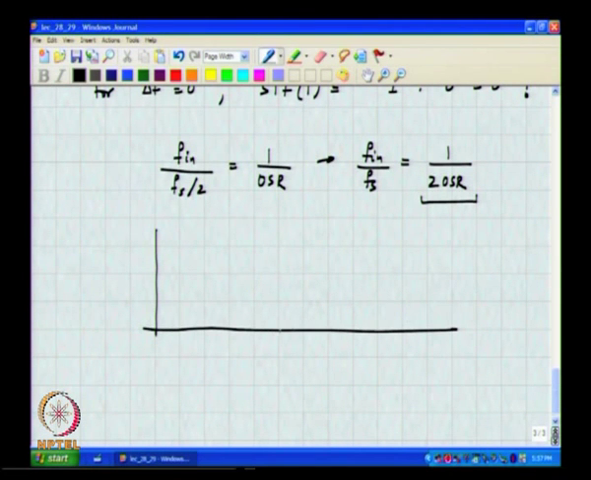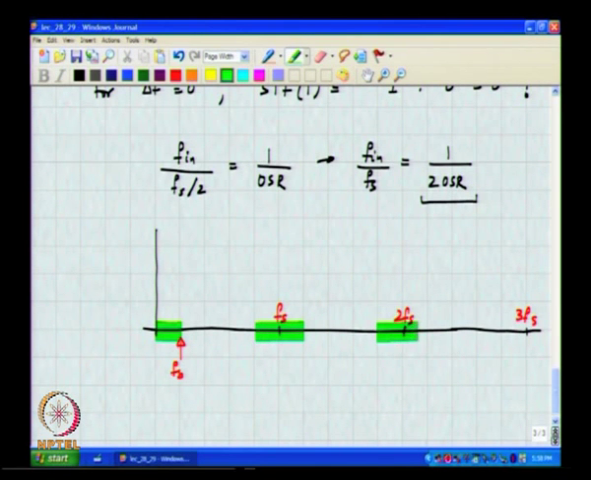for frequencies which are around the sampling rate, please note that I am grossly exaggerating here, right. If this is the desired signal band and this is Fs and this is 2 Fs and this is 3 Fs and so on, where are the alias bands? Fs plus minus Fb,